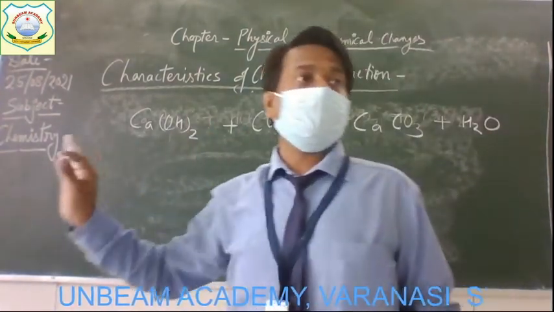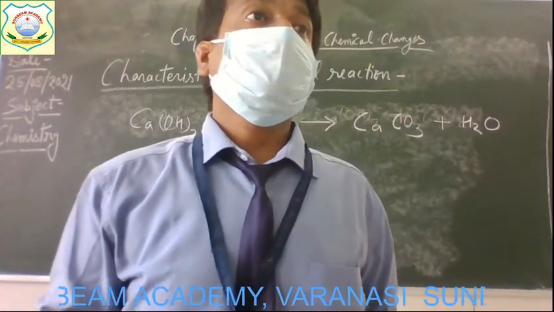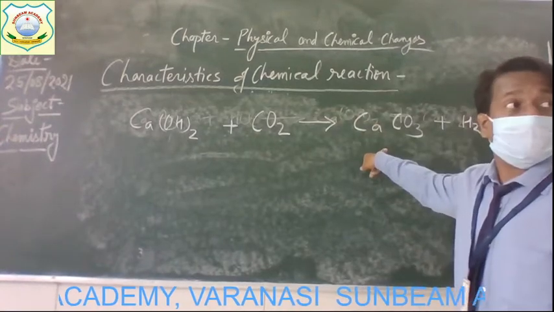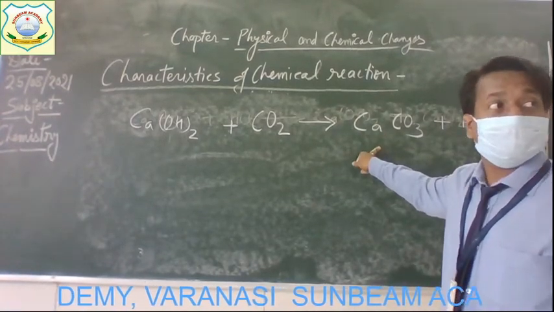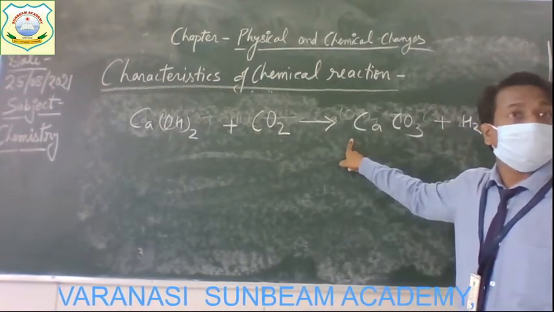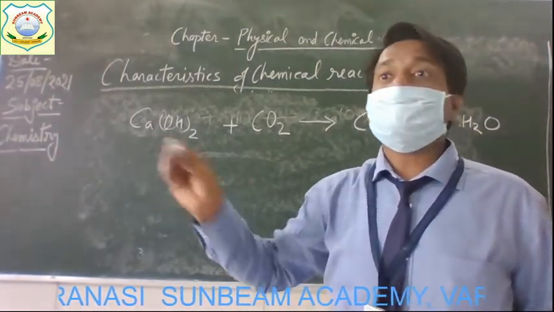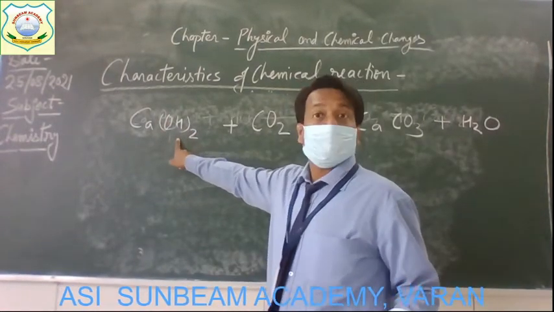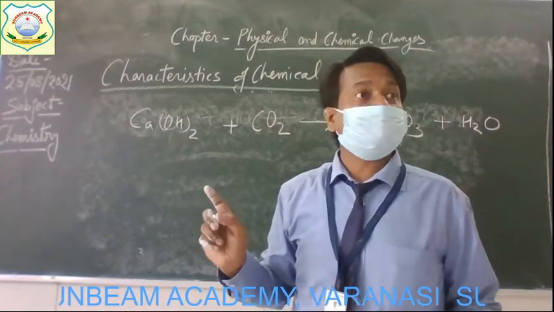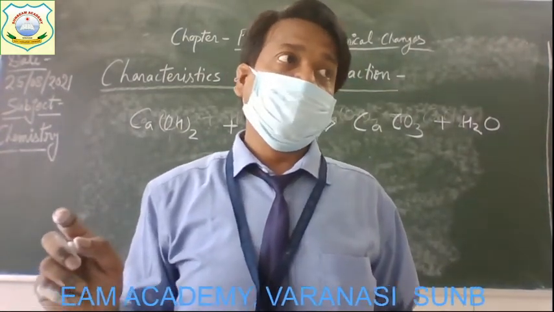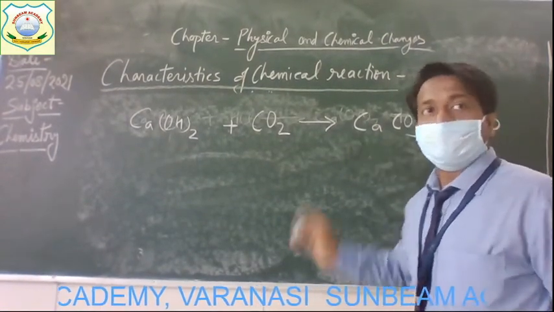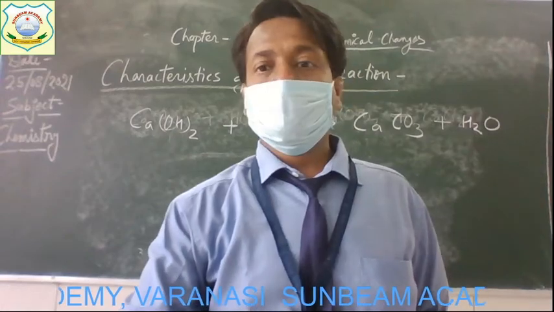So this is the chemical reaction by which we can show the formation of carbon dioxide, and that carbon dioxide turns lime water milky. So lime water is the general name and its chemical name is calcium hydroxide. Get it? And what new substance is going to form? Calcium carbonate. Alright children? Understood?